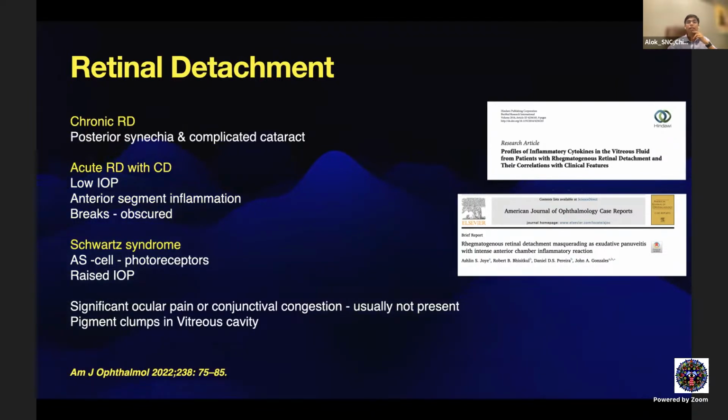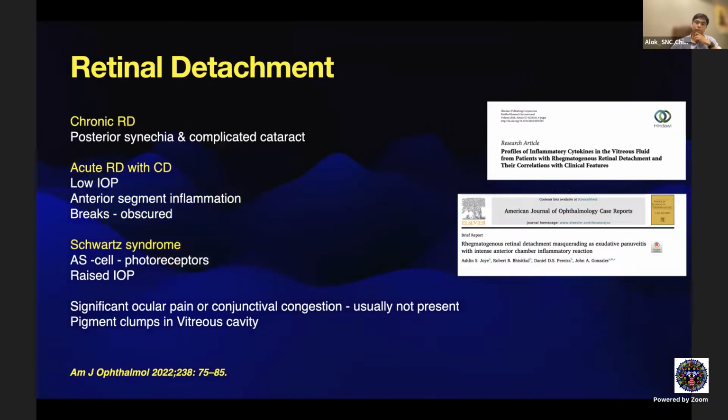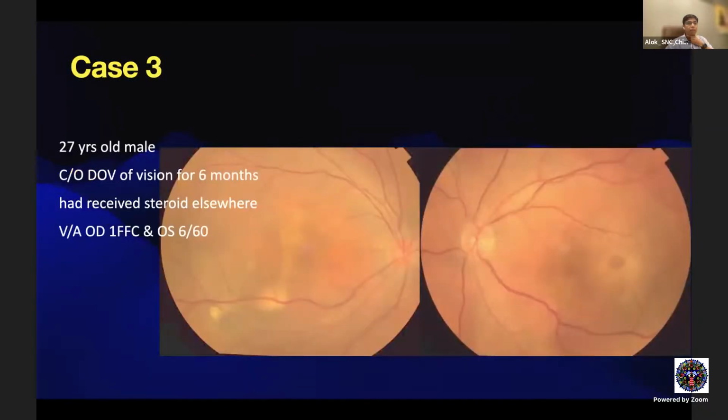The key is that usually these patients will not complain of significant ocular pain or congestion, and the presence of pigment clumps in eyes who have not undergone any surgery would suggest that there is a retinal break, and this could be a retinal detachment. Now, this is my third case, who is a 27-year-old male who presented to us with